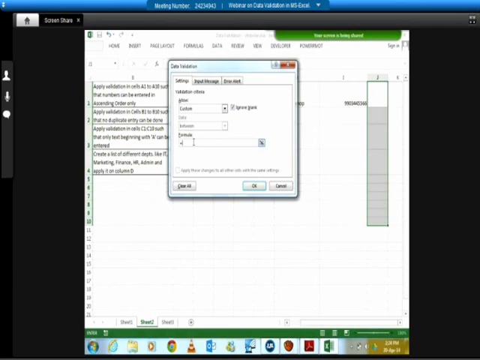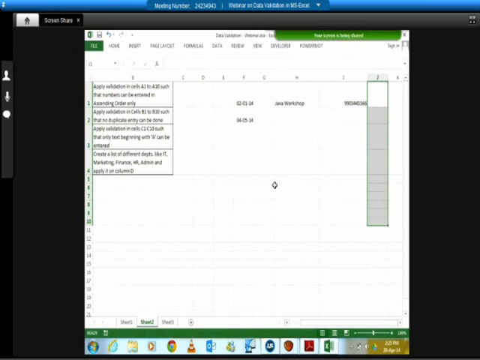Exactly. So it is going to work with formulas, and it is going to allow entry only if the logical test gives me true. See, this data validation is used before you enter the data. So we apply the validation, and while the data is getting entered, it is going to keep on checking by taking the cell value. For example, the first question I've given here is: apply a validation in the cells A1 to A10 such that the numbers are to be entered only in ascending order.